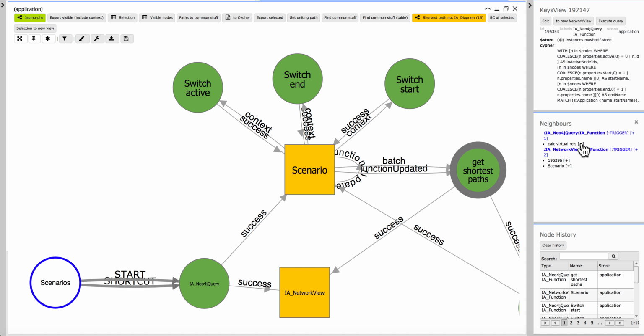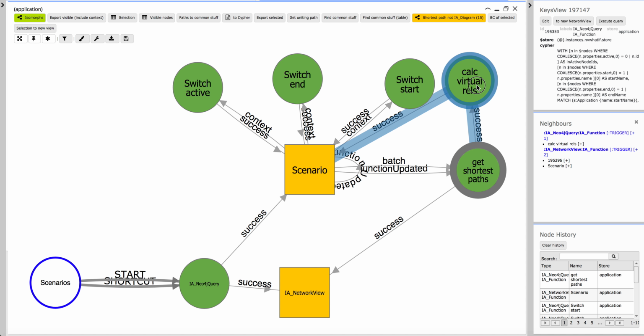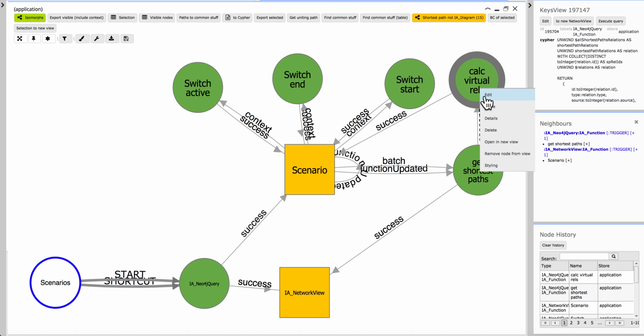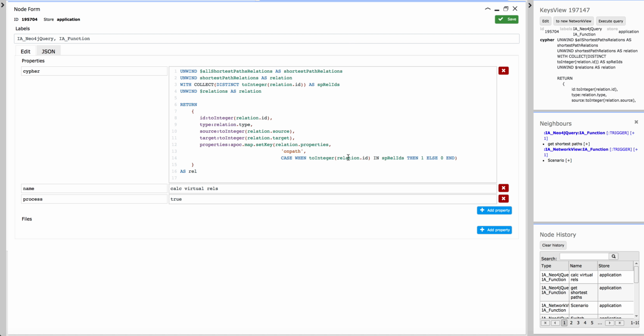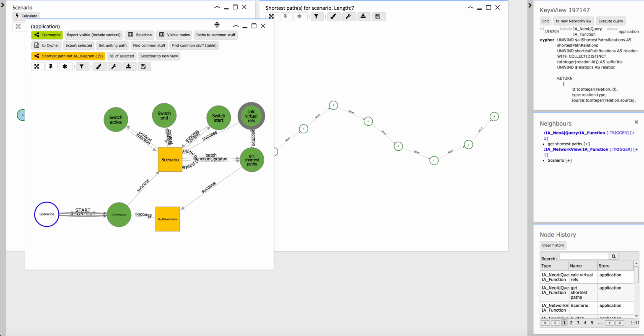it recalculates the virtual nodes and the virtual relationships, because what we can do is show you here. When I set a property, even if the property doesn't exist in the graph, I can set it in my visualization, and this onPath property, when it's 1 or 0, defines the styling. I can show you that, for instance